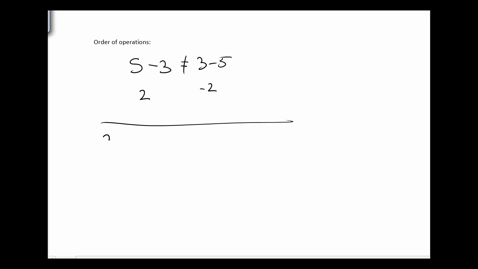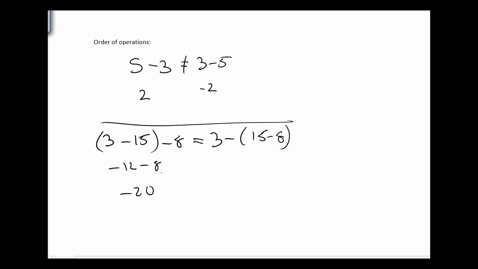What about associative? So if I have 3 numbers that involve subtraction, can I do it in any order? Can I pick the ones that I subtract first and still end up with the same answer? Well, on the left side, I have 3 minus 15, so that's negative 12, minus 8, so I get negative 20. On the right side, I get 3 minus, in this case it's 15 minus 8, so that's 7, and I get negative 4. Those clearly don't match. So subtraction is not associative,